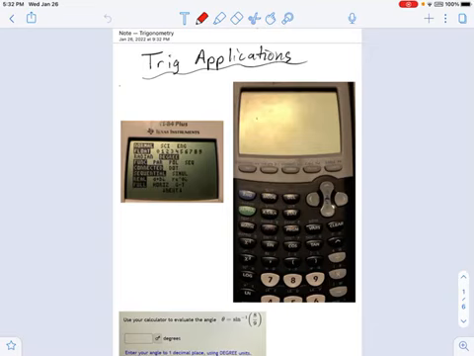Okay, now we're starting a unit called trig applications. We'll get into all sorts of fun stuff, but the main difference between this unit and previous trig units, at least in my classes, is that now we're starting to break out the calculators. That means we're not going to focus on special angles so much anymore, like 30, 45, and 60 degrees. We're going to just do any degrees, and we're going to have to use the calculator to determine what those things are.